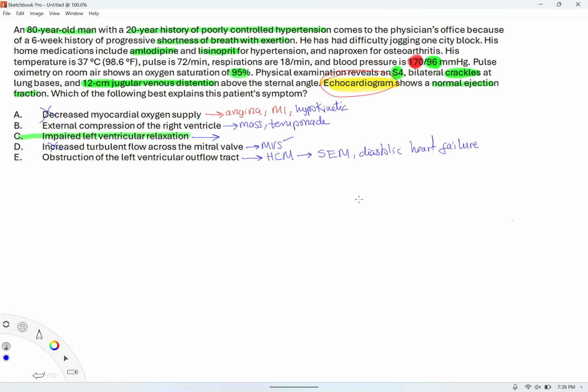So if this was the heart, this is the left ventricle, right? Then you have the aorta like this. The aortic valve is here, but this area is the outflow tract, the left ventricular outflow tract. If the cardiac septum becomes very thick,